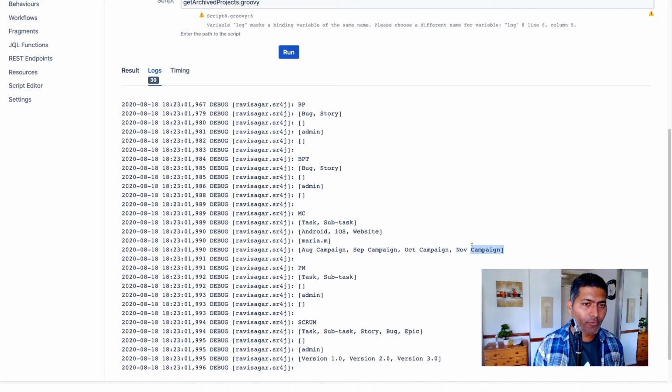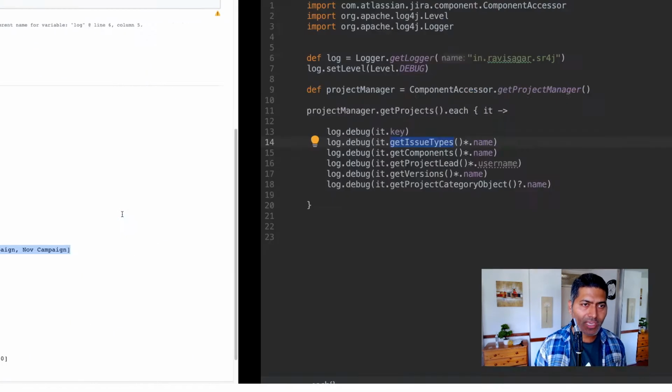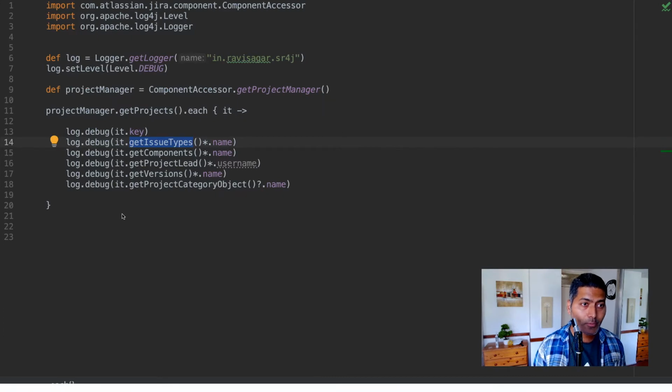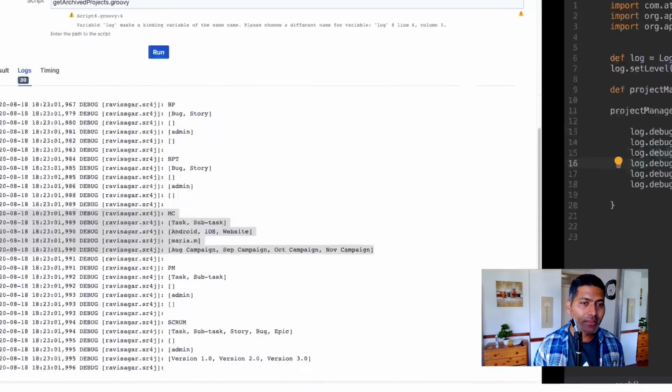It is not applicable for all the projects, but wherever applicable, it will return the issue types, the components, project lead, versions, and category, if there is a category.